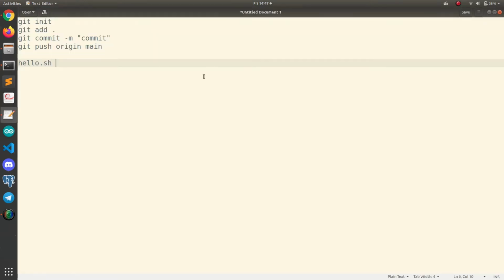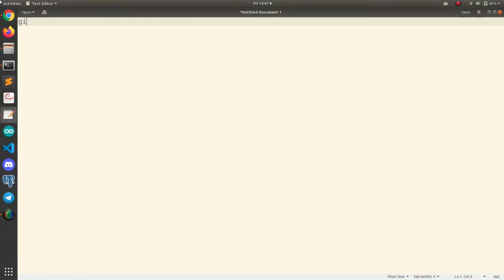So what does this basically mean? What we generally do is git push heroku, git push origin master. This is a very general command to push something to our GitHub repository. So what does origin mean here? Origin by default is the name of our repository. The full form is original. So basically this is the original repository when we create a new repository, and this is its name.